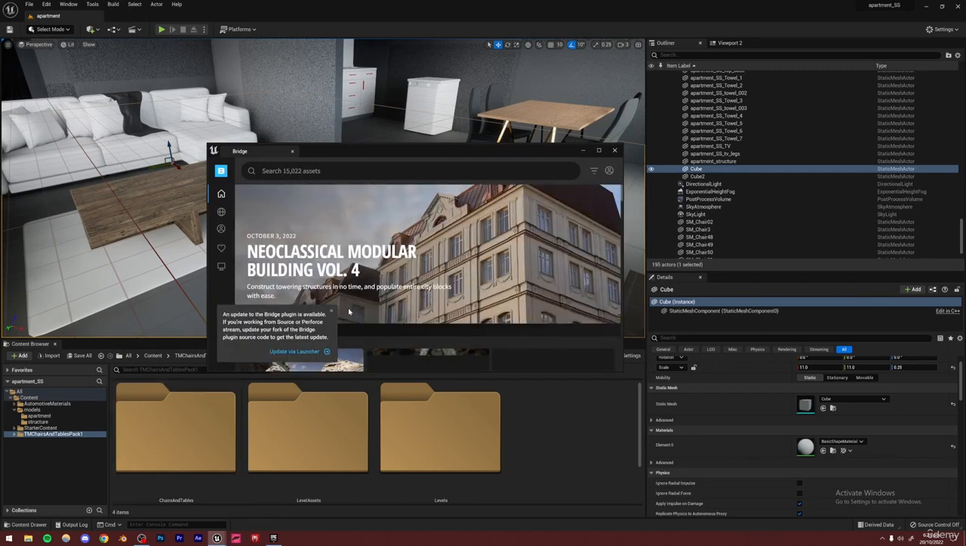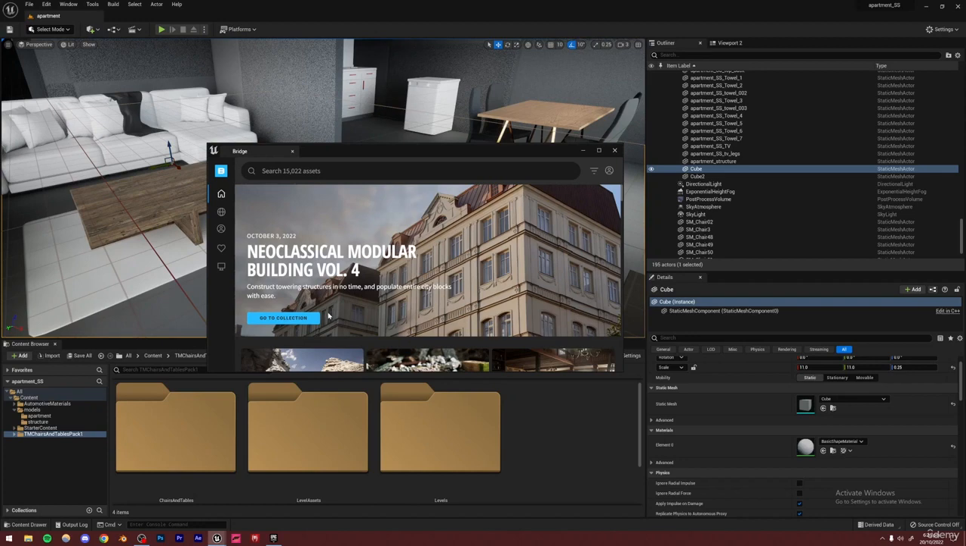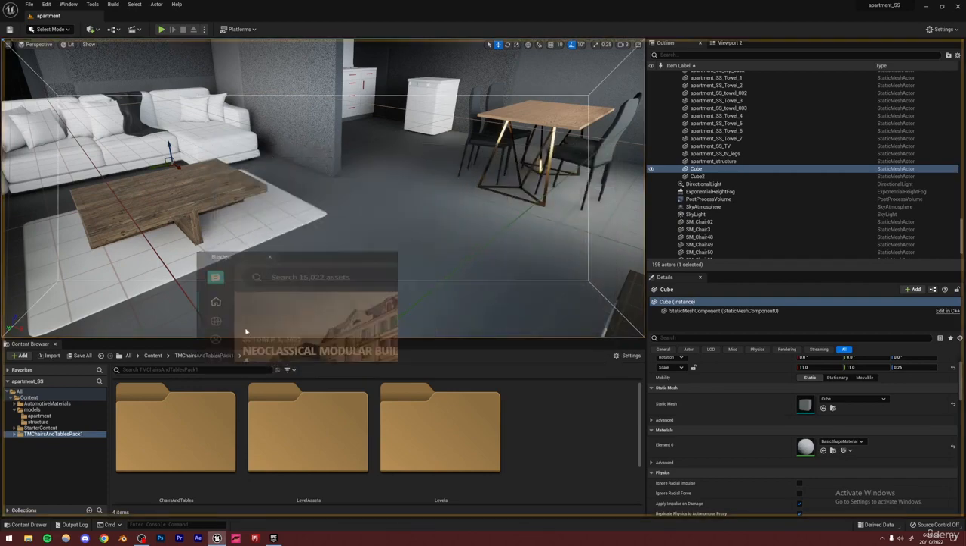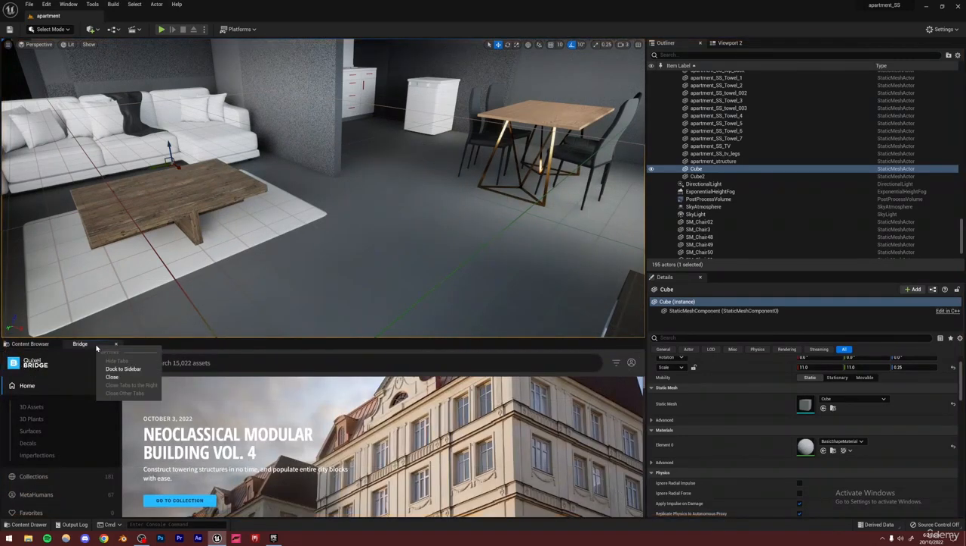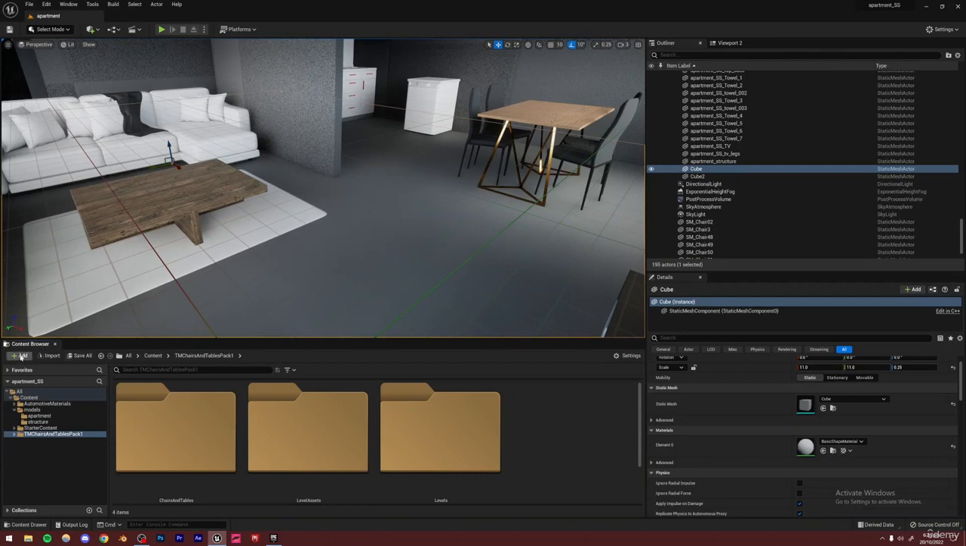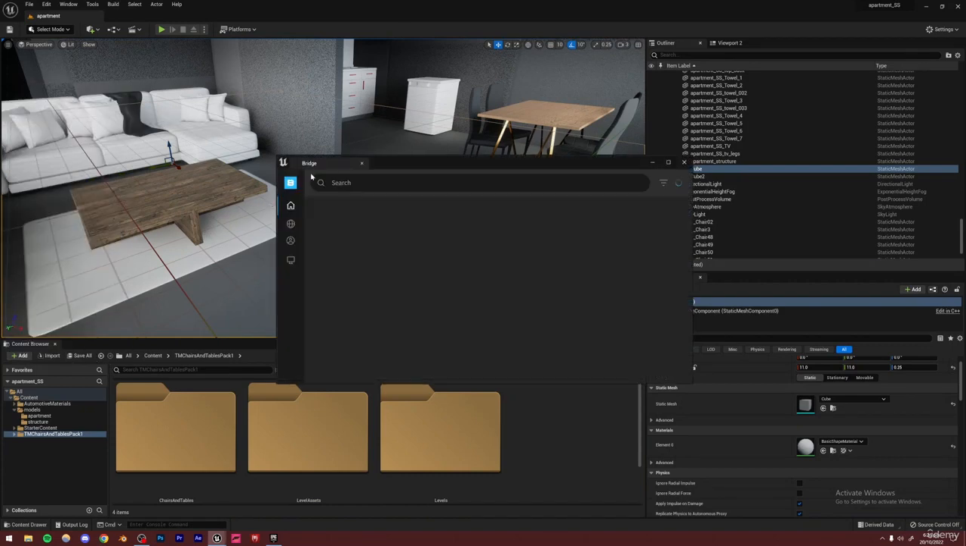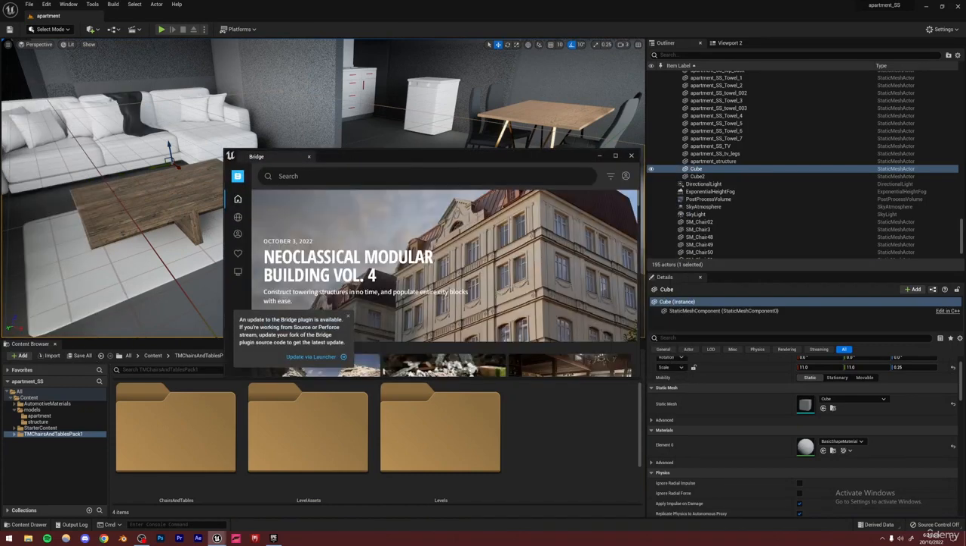Now, what Bridge is that in Unreal Engine 4, it used to be a separate app which you would actually download to import assets from Megascans into Unreal Engine 4. However, this Bridge app is actually built into Unreal Engine 5, so you can just import assets from Megascans exactly directly inside of Unreal Engine 5. So what I'm going to do is that I'm going to be searching for Marble,